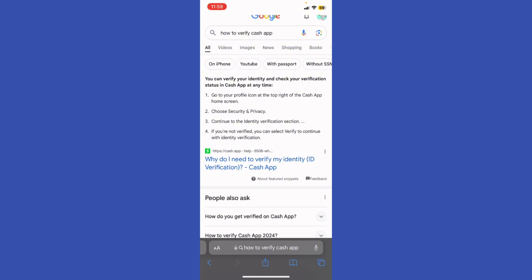Cash App might request additional information such as your phone number and email address for verification, and then you're gonna wait for approval. Once you submit the necessary info, Cash App will review your details. This process can take a few hours to a couple of days, and then you will receive a notification once